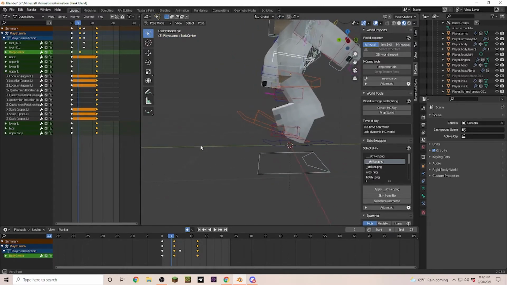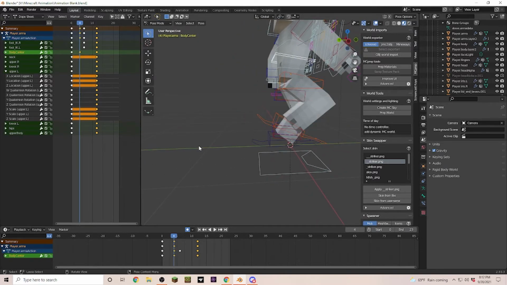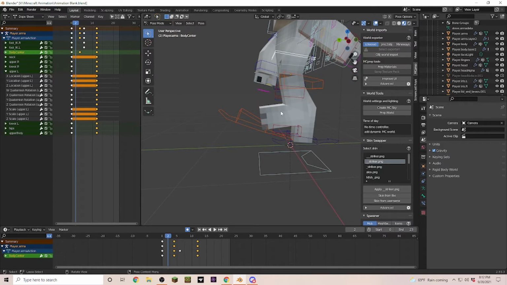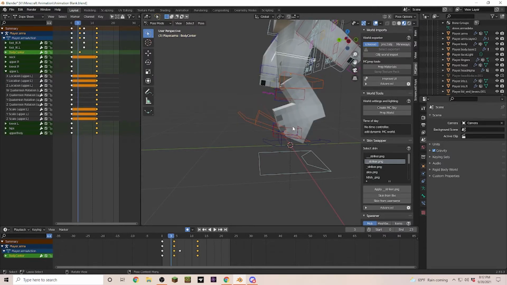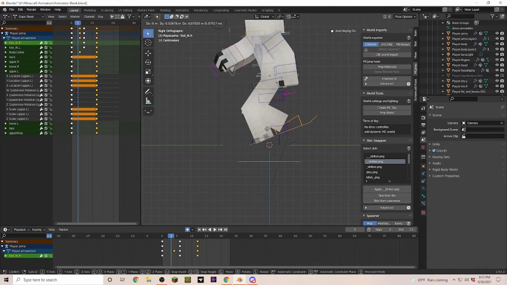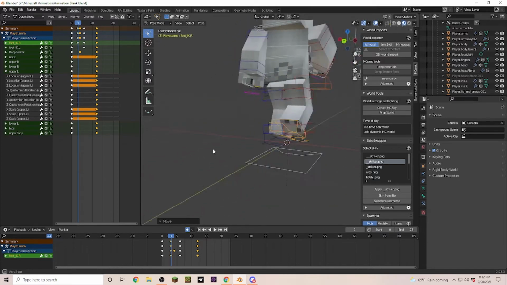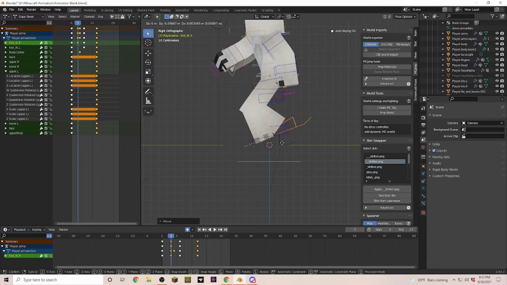We're going to this side here so we can see that a little bit better to explain what I want changed. So as you can see here, the leg now is more than 90 degrees. So I don't like that and I want to change that. So let's select our foot and just pull it down a little bit so that we have more than 90